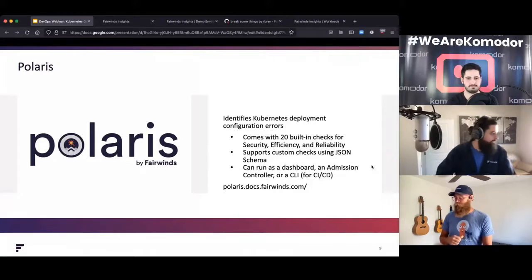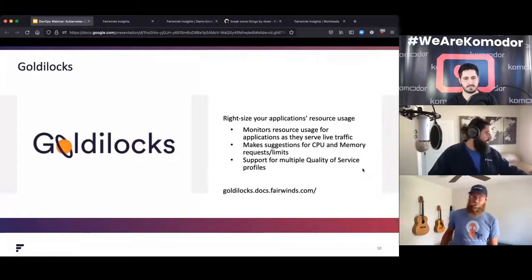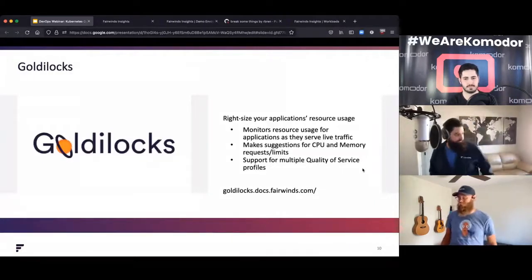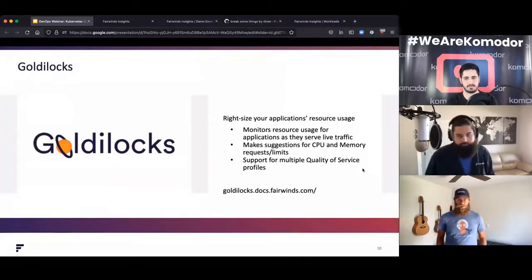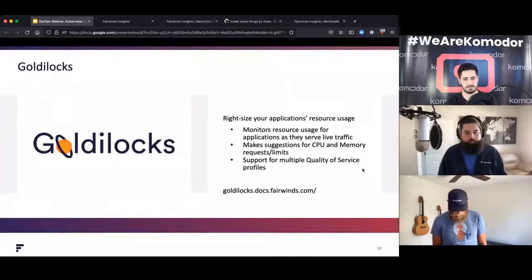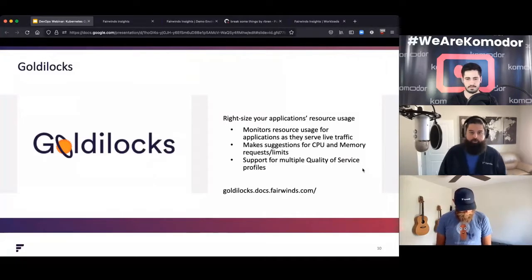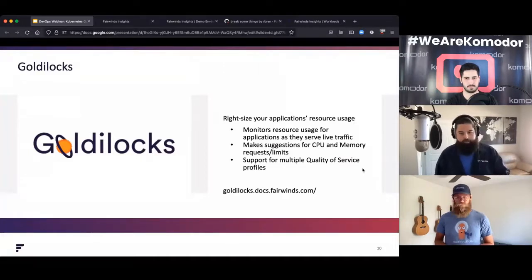Great. And you've got a couple more to go through here. We're going to be covering several Fairwinds open source projects, but talk about Goldilocks because you touched on resource requests and limits. Sure. Yeah. So when telling people to set their resource requests and limits, we said, this is kind of hard. Like, what should I set it to? We talked about, my Mac has 64 gigs of memory. Maybe that's what my pod needs. Well, that's probably not what your pod needs.